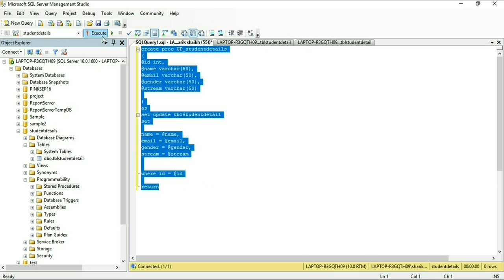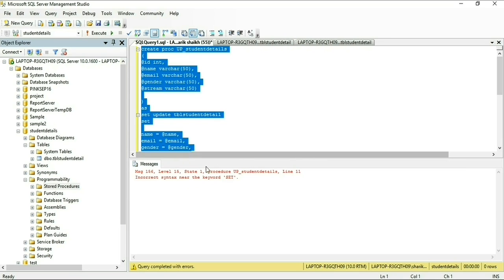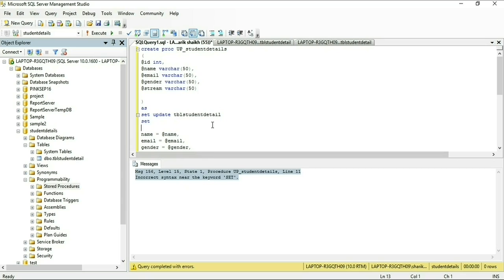Okay, I am selecting all and executing it. We get an error. Let's see what this error is.